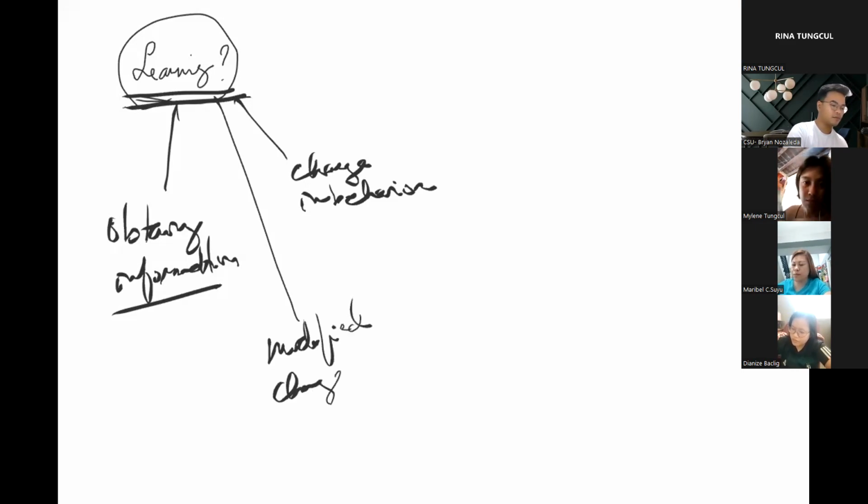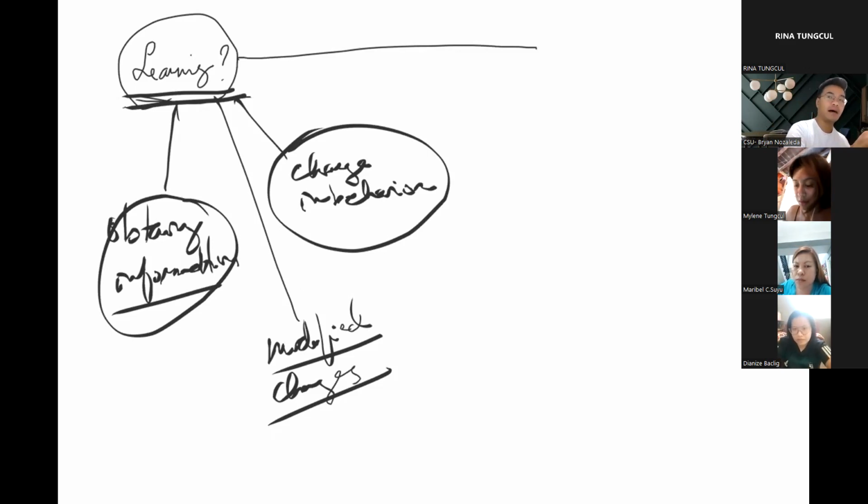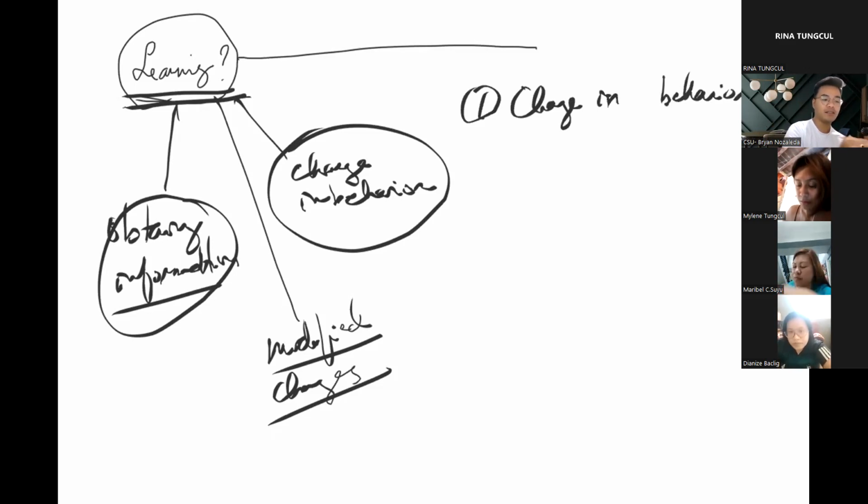Okay. All right. All that your classmates have mentioned are actually correct. However, these are presenting to us two phases of how learning happens. In fact, learning, may dalawang muka ang learning. There are actually two major theoretical perspectives of learning. Yung una, ang learning ay pagbabago sa behavior. There is a change in behavior. But that is not the entire definition of it.